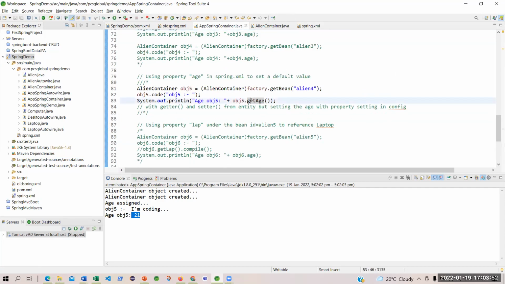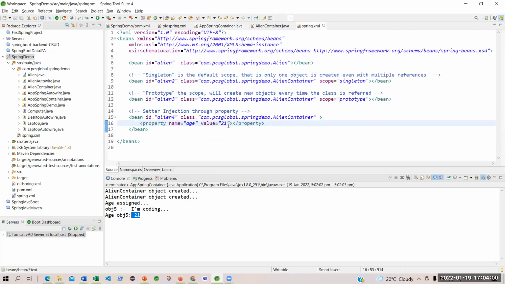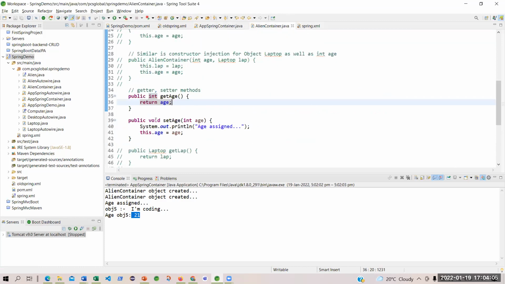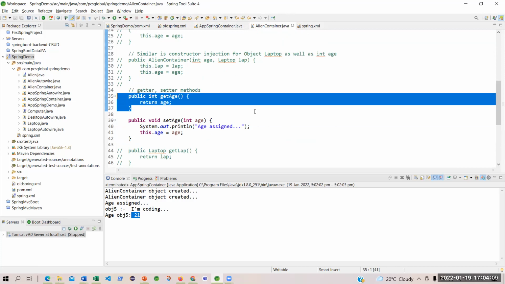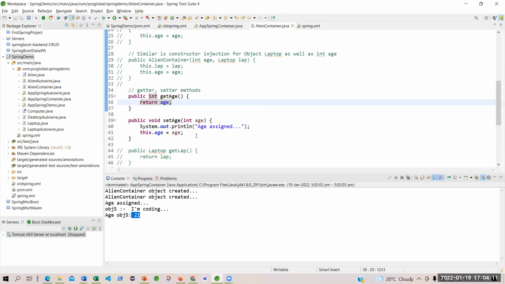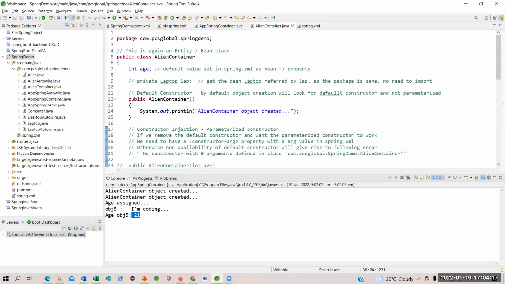I will suggest you always go by the getter method to display something. Here, you have assigned it. That means you have to use the setter method. That is fine. You have opened the setter method, but don't leave this. If you have defined the setter method, you also define the getter method, because it is after all an entity bean, an encapsulated one.